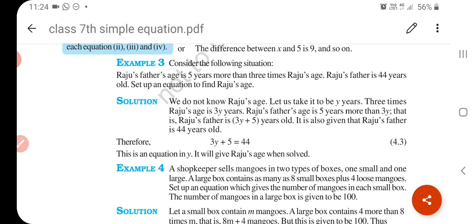Why is it called trial and error method? Because we have to try and we get an answer. Okay, we put different values of the variable and then see if LHS is equal to RHS. If LHS is equal to RHS, it means the equation is satisfied. Okay, so that value of x is your answer, is the value of the variable. Okay, and you can say that it is a root of the equation. Okay, understand? See, now this is our trial and error method.